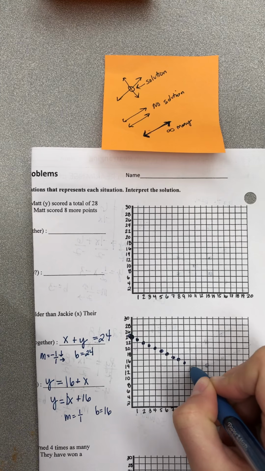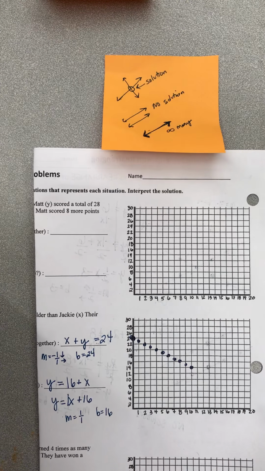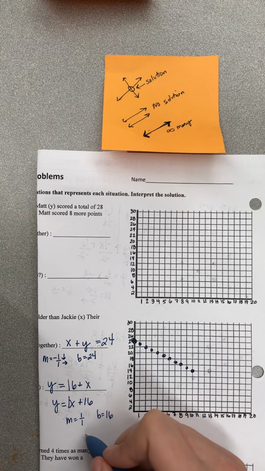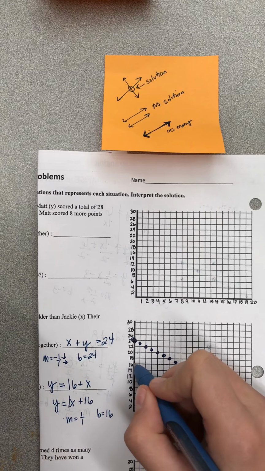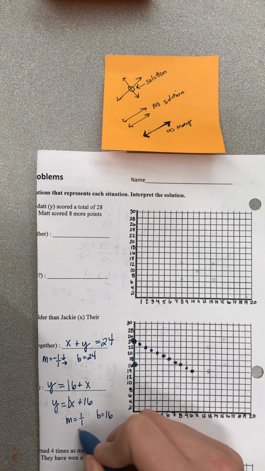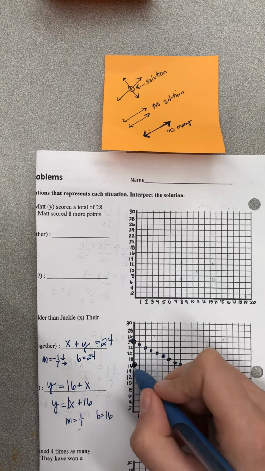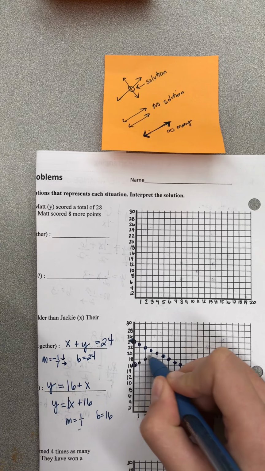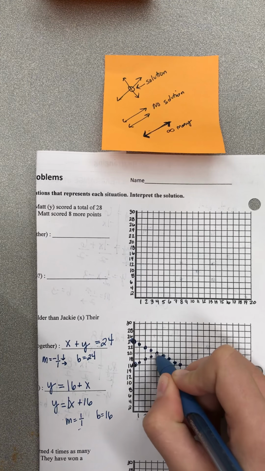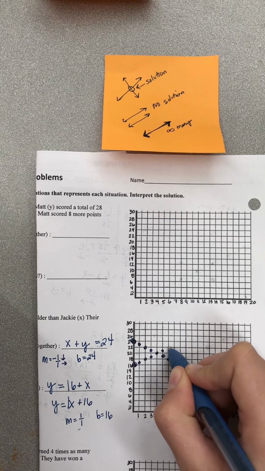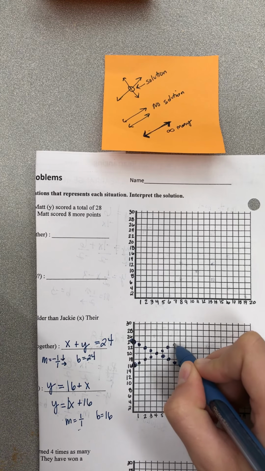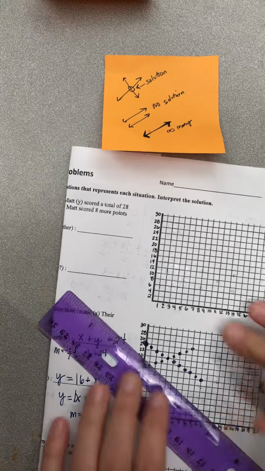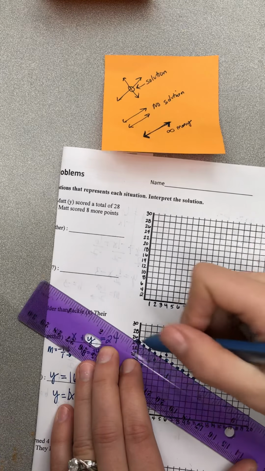Now, I'm going to go ahead and graph that next equation to see if I'm anywhere closer, if I have to continue making dots. So my b value is 16, and it tells me to go up 1, right 1. So technically it's up a half, right 1, up a half, right 1, up a half, right 1. And you notice that they are crossing, and I can stop plotting my dots here. I'm going to connect my dots to form my line,